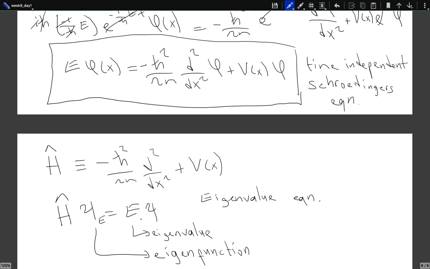And quite often, you write E here as an index, because if you change E, you get a different function. To show that this eigenfunction corresponds to a given value of E, quite often you put some symbol index to explicitly specify. Now let's try to apply this to a particle in a box.